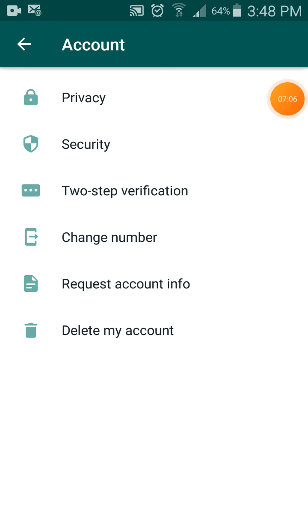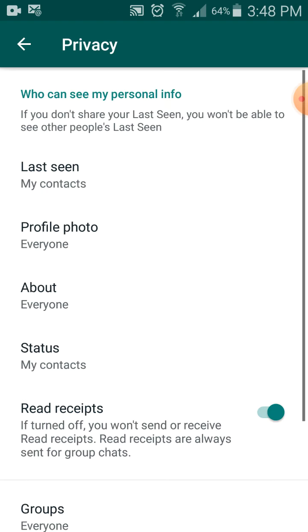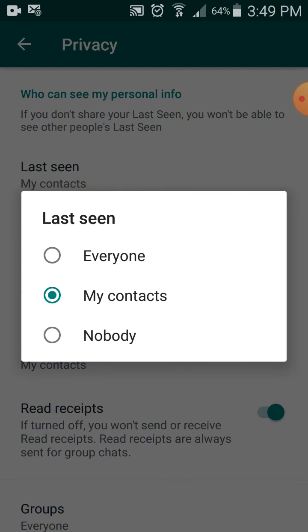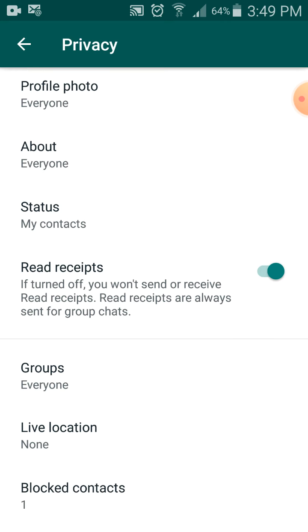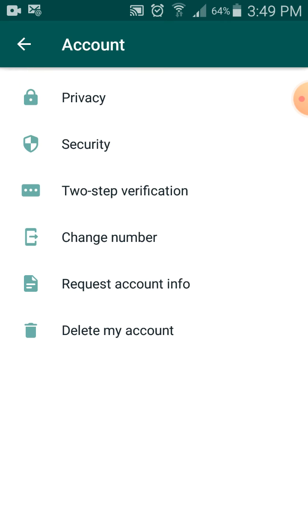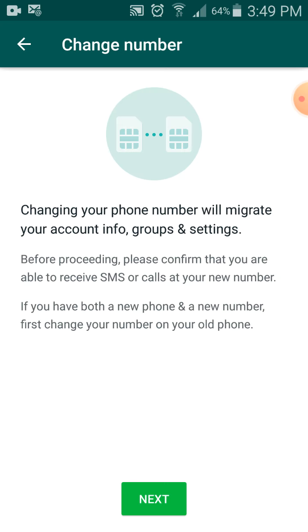This is a full video. I told you about the two-step verification. This is very important for your mobile number, and everyone should enable two-step verification. Last seen: my contacts, everyone, nobody. You can choose all these things I explained before, so no need to explain again because the video will be too long. You can change the number.